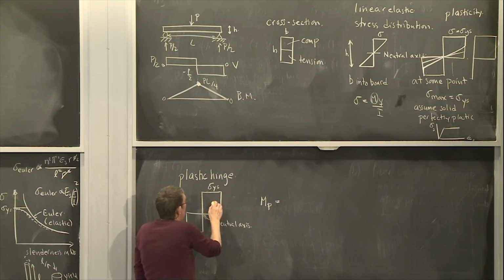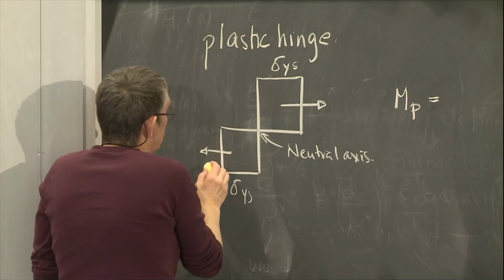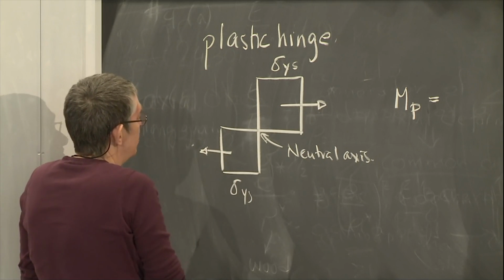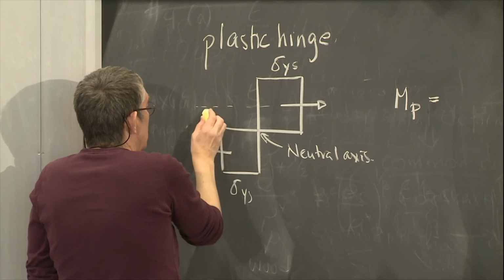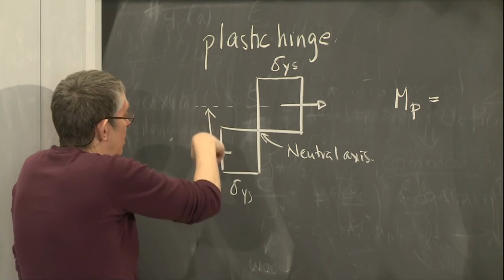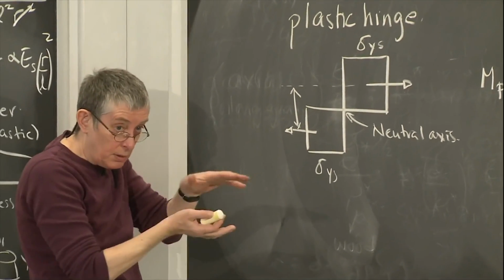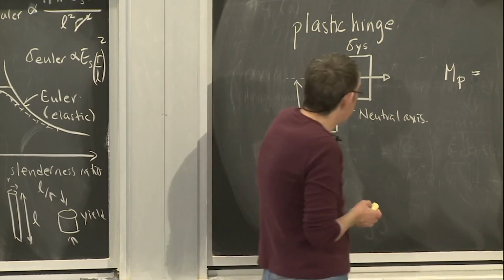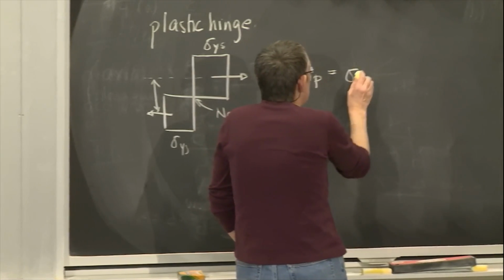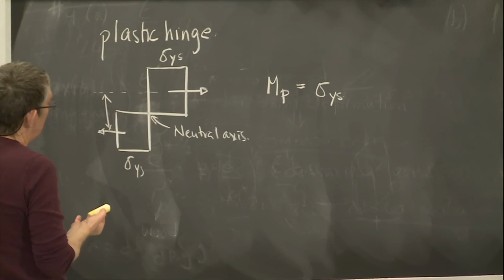So you calculate that by saying that stress there is equivalent to a force, that stress there is equivalent to a force, and you get the moment by multiplying those forces times that distance there, okay? Because you think of those two forces as being a couple, and the moment's the force times the distance between them. So the plastic moment was sigma ys, and say we're